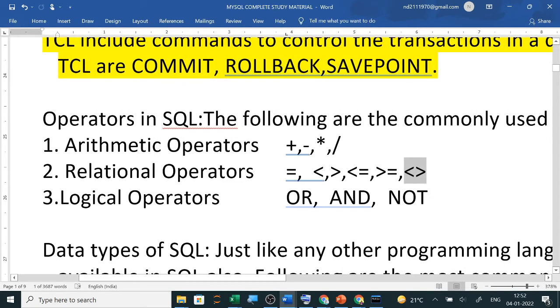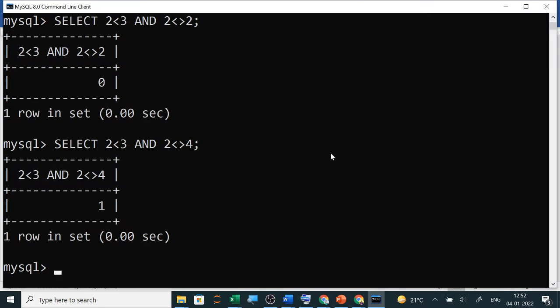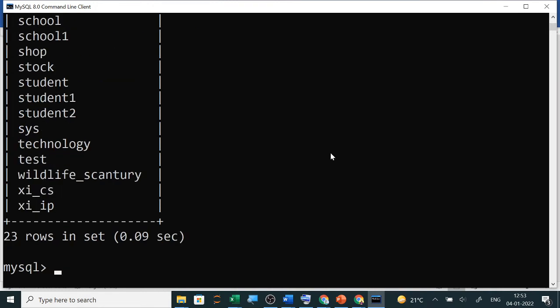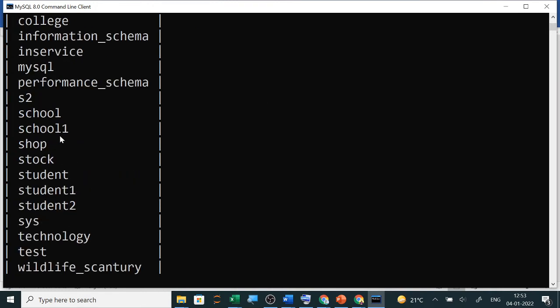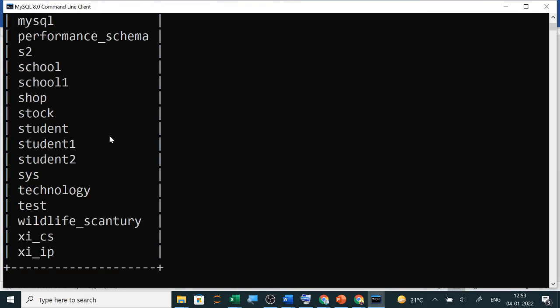So these are your operators in SQL. Now the WHERE clause. When I show you the WHERE clause, there also I will use all this. I will show you the WHERE clause now. Suppose I want to go into a school. Show databases. Now these are your databases. School I will open, and first I will see what is in that school.